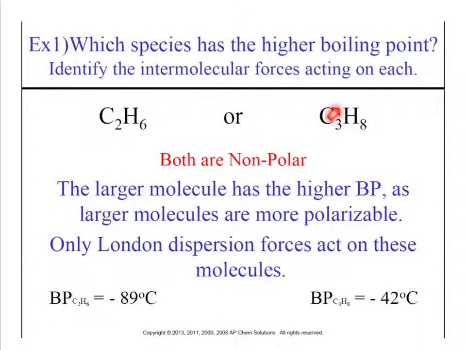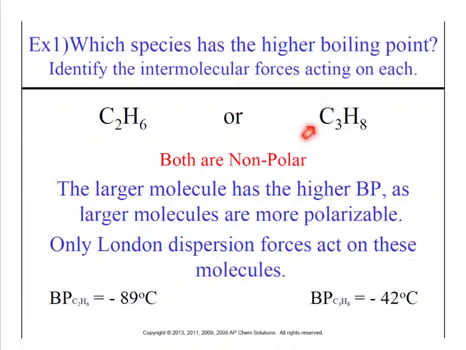So the first thing you need to do whenever you're posed with a question like this is first identify the intermolecular forces acting on each of the compounds. So not just one of them, but both of them. And in this case, C2H6 and C3H8, both of which are alkanes or hydrocarbons. Alkanes are always nonpolar. So that's a hint. Make a note of that in your brains. Anytime you see a substance that's composed entirely of carbon and hydrogens, it's going to be nonpolar. If you throw some oxygens in there, some nitrogens in there, that can change the game, but carbon-hydrogen compounds, always